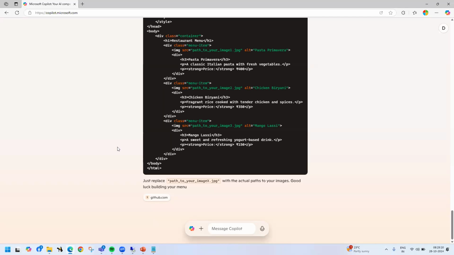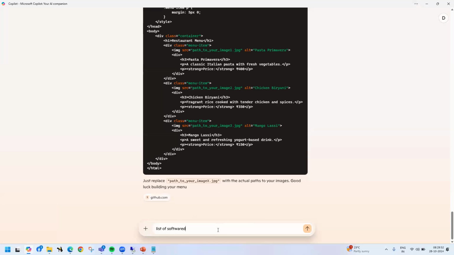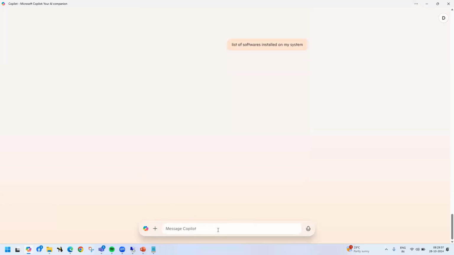It is already being implemented in all the sectors, guys. At this moment, this is the cost. All premium customers and middle class customers have already moved to Copilot. Okay. Best example, I don't know what software I have installed in my system. So how can I check it, guys? Here I have Copilot in my Windows version. I can go and type it: list of softwares installed on my system. Then it will give the list.